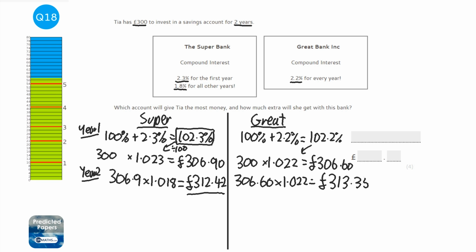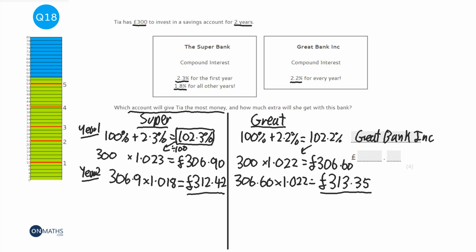Okay, so it says, which account will give her the most money? Well, looking at that, it's going to be the Superbank. And when you're writing down an answer, make sure you write down the full name. Oh, it's not going to be Superbank, it's going to be the Great Bank. Look at that. So Great Bank Inc. And it says by how much, so I'm going to get that